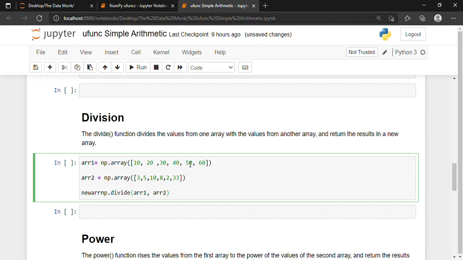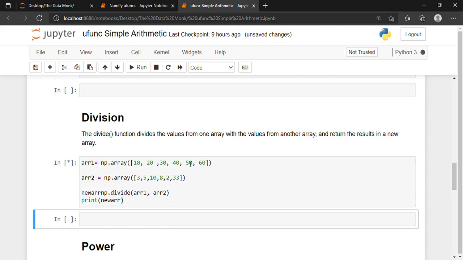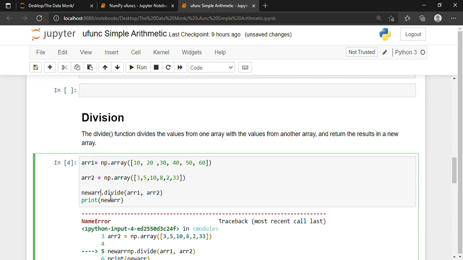It basically divides the values in array1 with the values in array2. So print, shift and enter. There is some spelling error, we will rectify it.